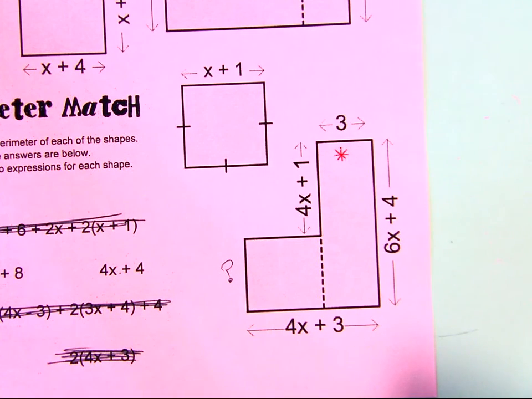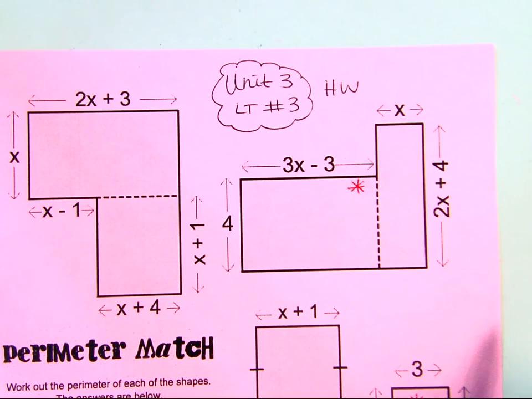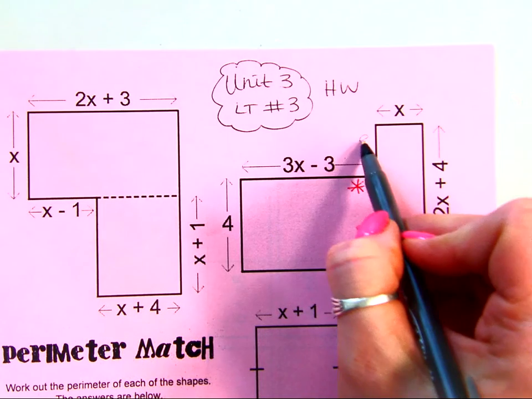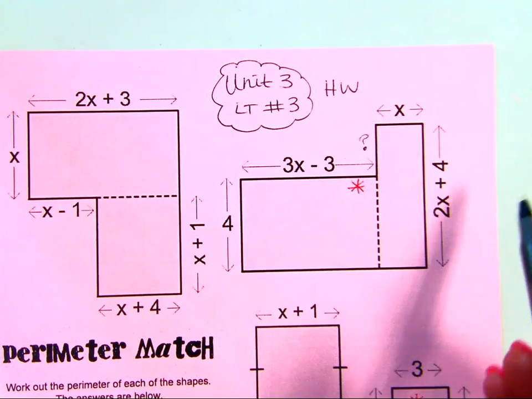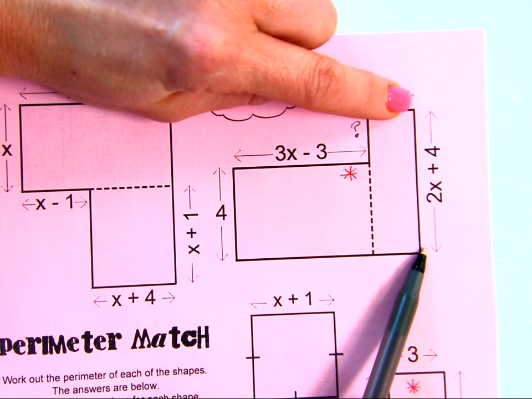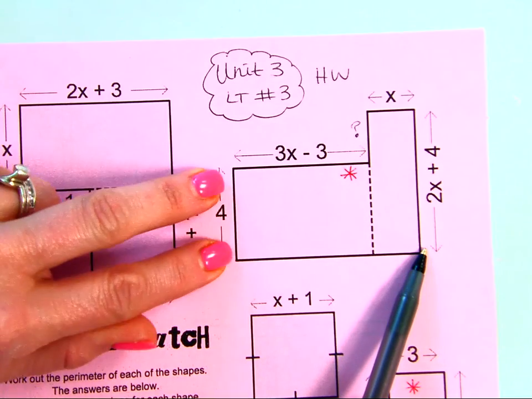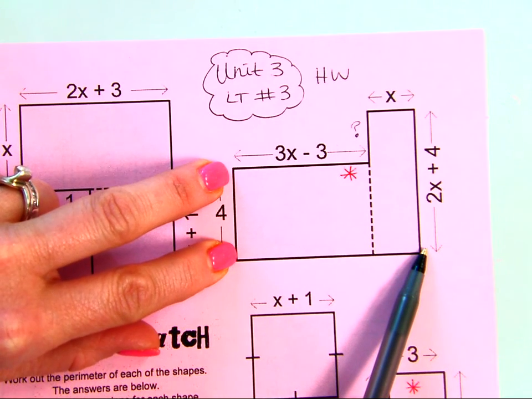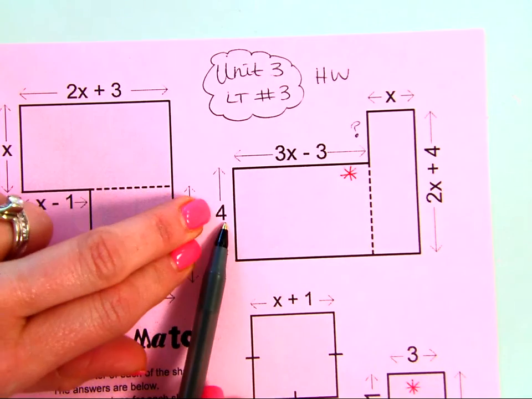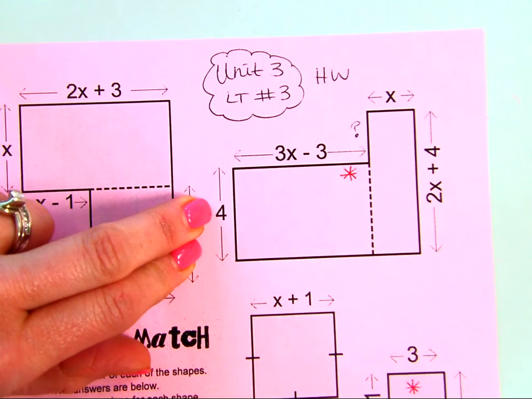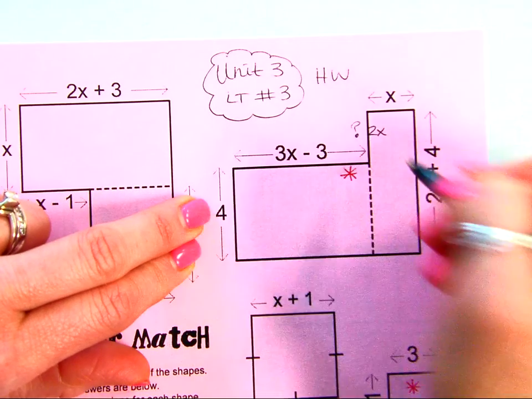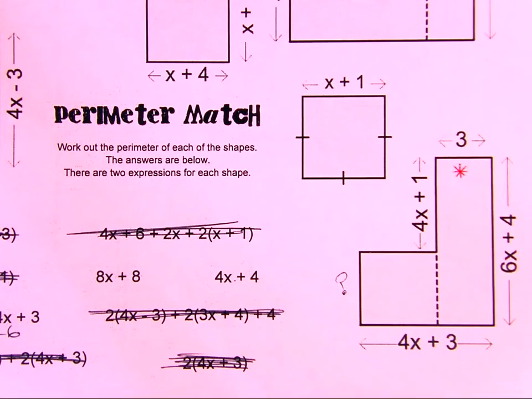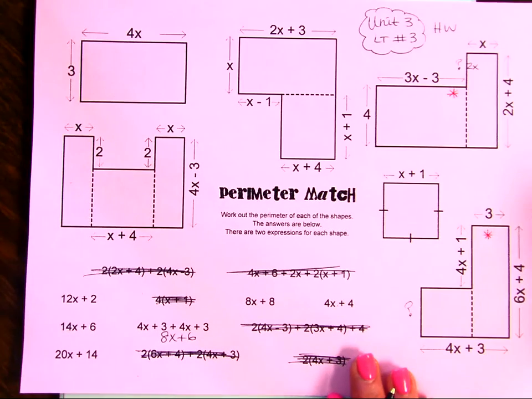But guess what? That's what I just did today in my 8th grade advanced algebra class, 3rd trimester. So I don't expect you to know how to do that just yet. This one might be a little easier because this little space right here comes from here to here is 2x plus 4, and from here to here is 4. So what is 2x plus 4 minus the 4? Just 2x, right? That one was a little easier to figure out. That one, good luck. So if you can get these 5, I'll be happy. Okay? Here is the next part of